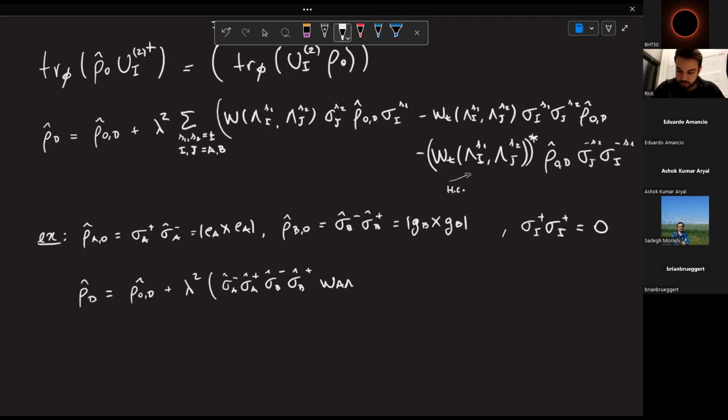And here I'm going to use the shorthand notation W A. I'm going to define it soon, but this is basically W evaluated at lambda A plus, lambda A minus, right? It should be kind of intuitive, but I'll definitely write that down later. So sigma plus sigma A minus,